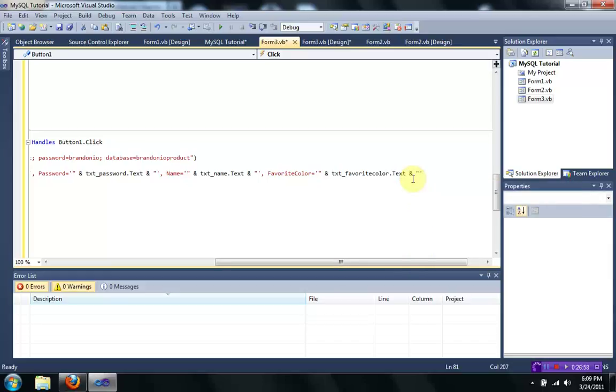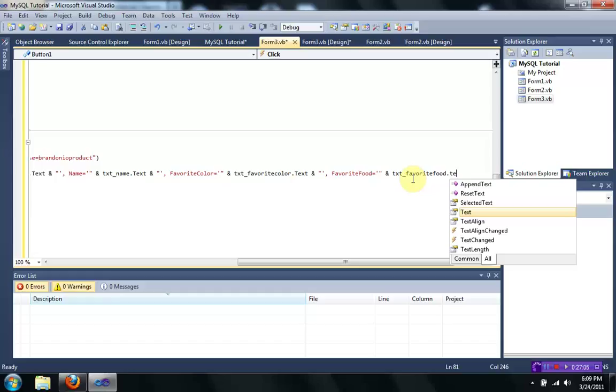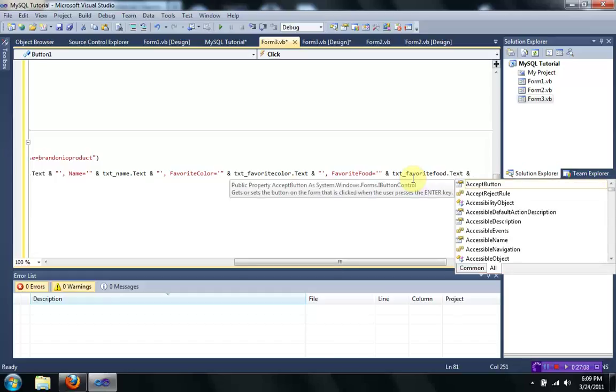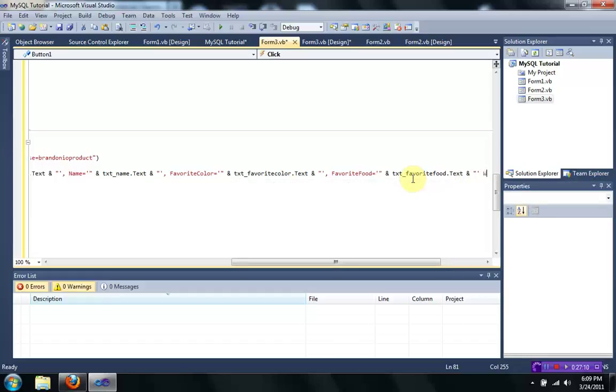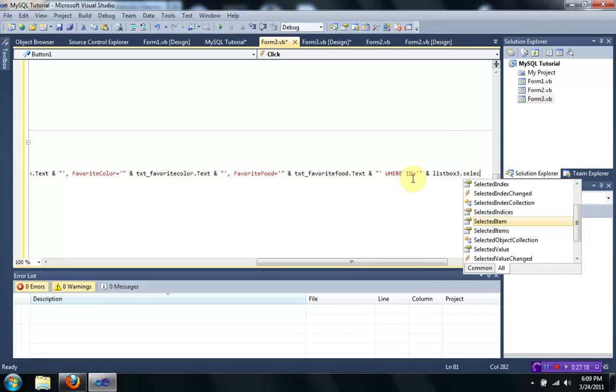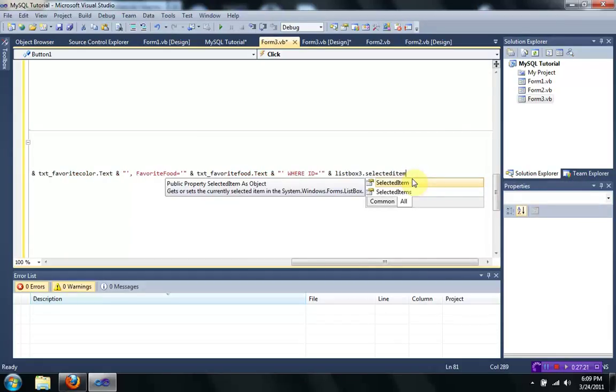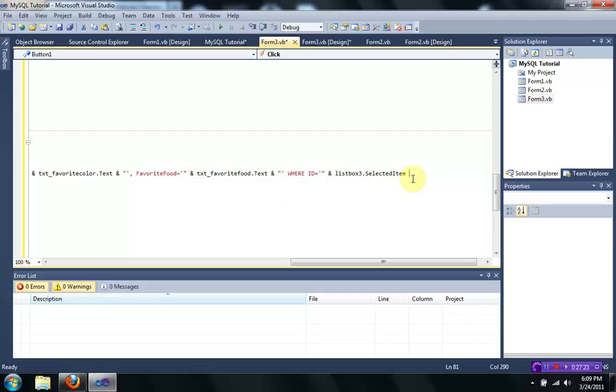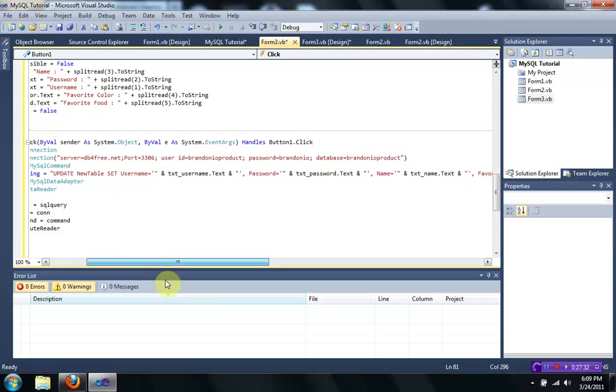Text. And then what we need to do is simply state where ID equals, then we're going to open up quotations again, and then add listbox3.selected item. And close those, add a semicolon, close that, and we're good. So what we're pretty much telling the application to do is exactly what I've explained to you. We're updating the database, and we're setting the